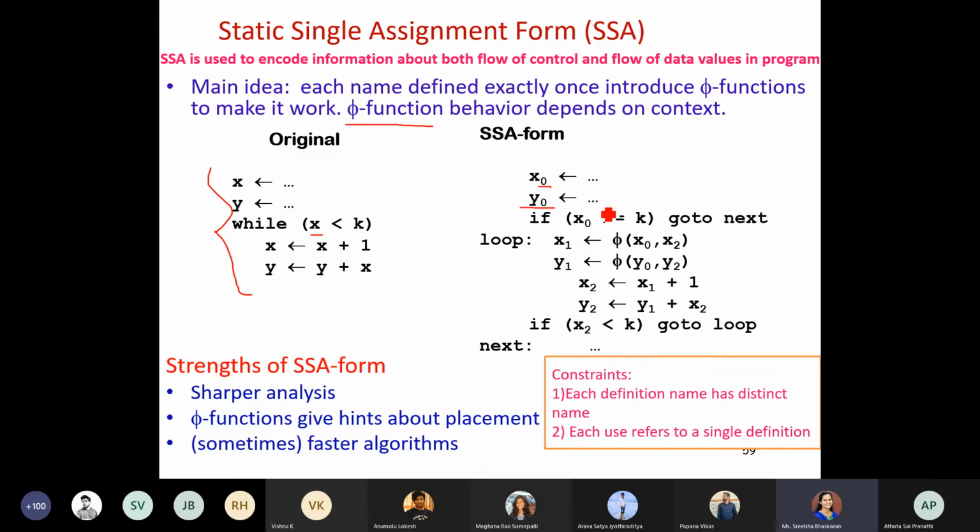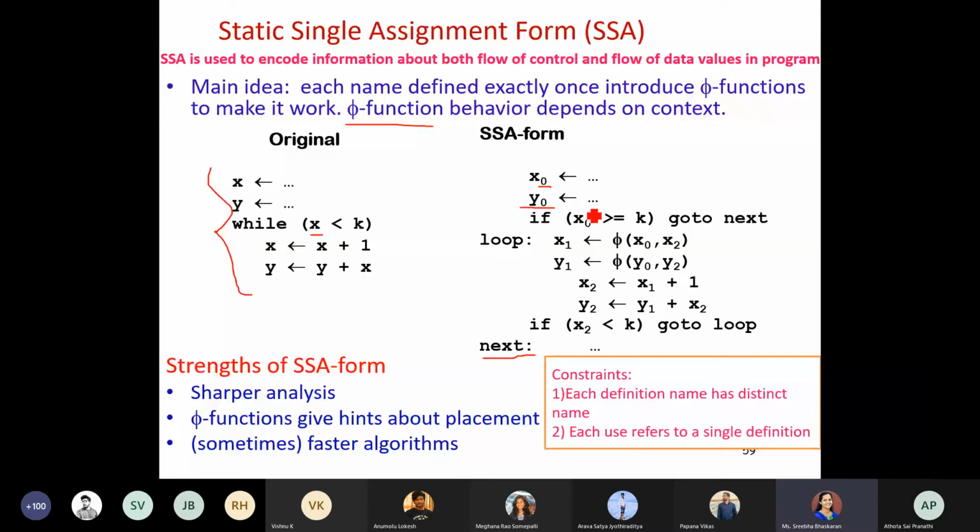So these two variables have been initialized with some value. Okay, and we have a loop. Whenever I say loop, it is similar to our control flow graph, so it will be converted to an if statement. The first time, we take x0. So x0 greater than or equal to k. If this condition is satisfied, we have to go to the next. What statement it has to do next has been mentioned in the dot, so it will execute all the operations accordingly.